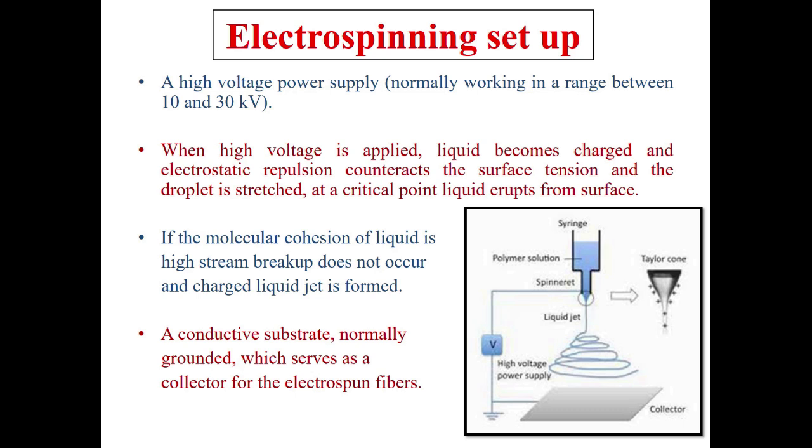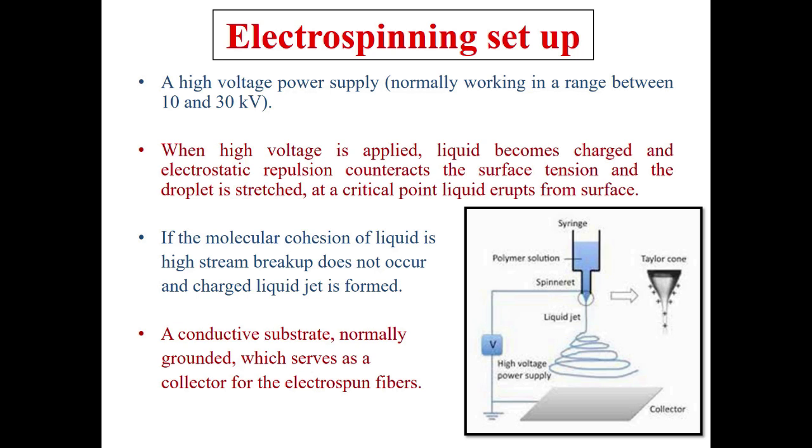It consists of the syringe, needle, then high voltage power supply, and collector plate. A high voltage power supply normally works in the range between 10 to 30 kilovolt; that much voltage is required to draw the fiber. When high voltage is applied, the crocodile pin is connected to the needle, and through that needle the high voltage power supply is given, and as the high voltage is applied to the needle, the liquid inside